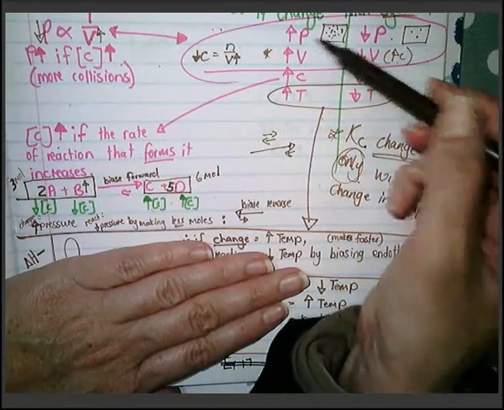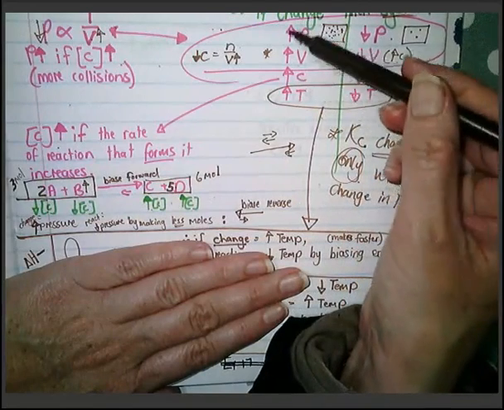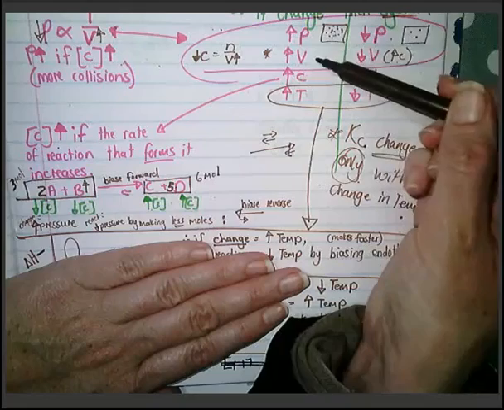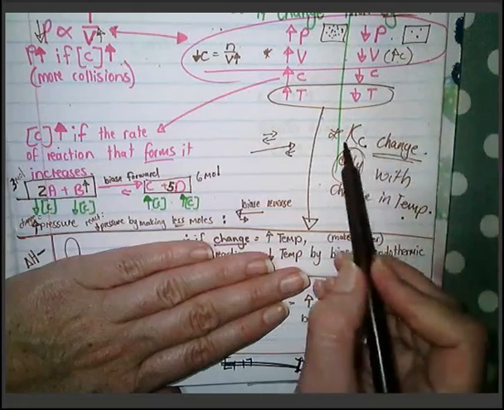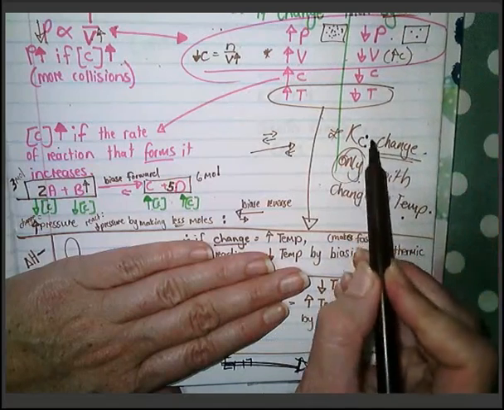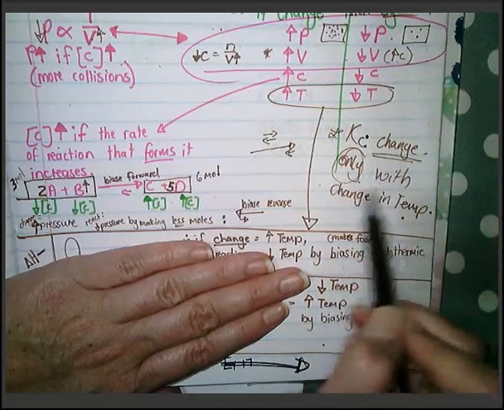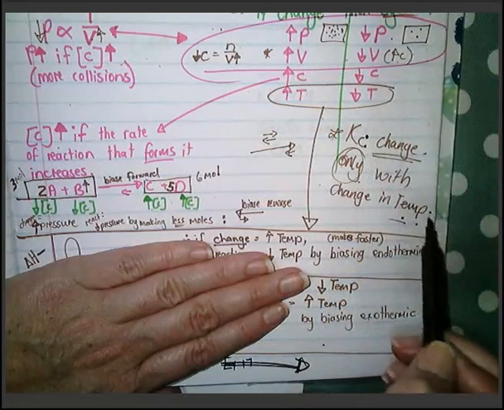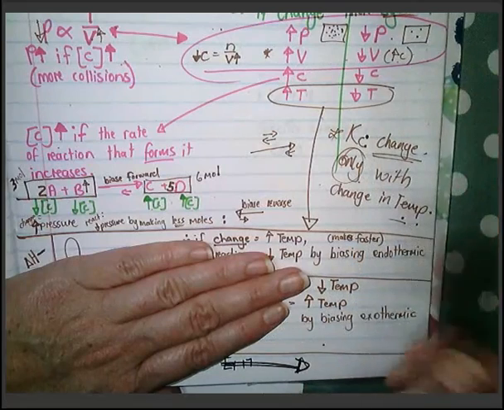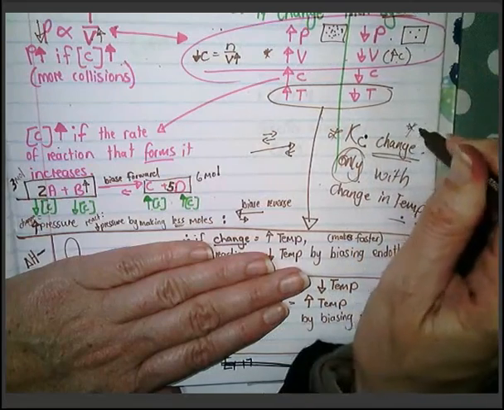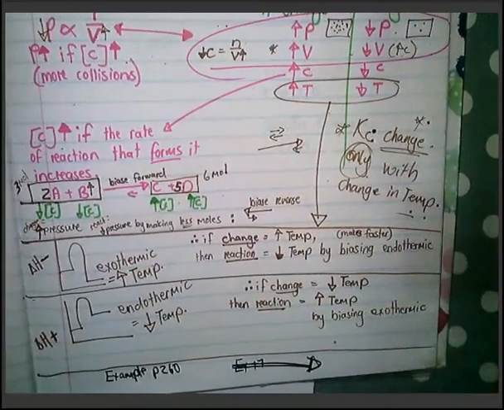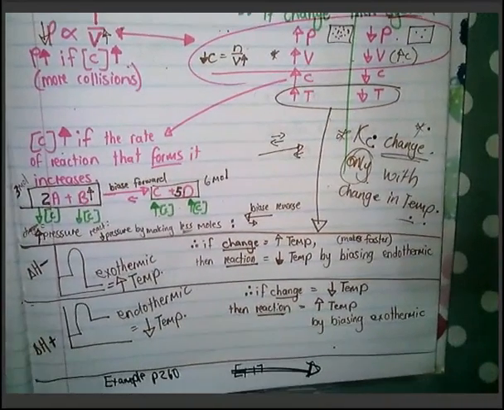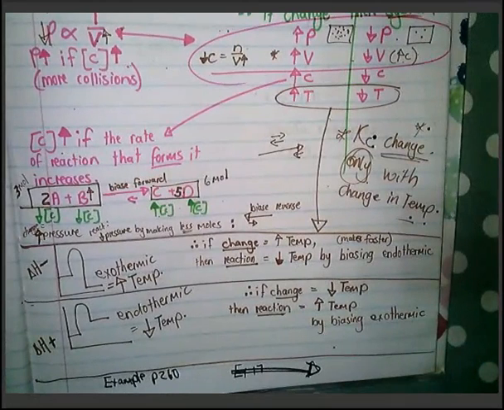But if you had a certain Kc value and pressure, volume, or concentration changed and a new equilibrium is formed, the new equilibrium will still have the same Kc value. So Kc values change only with change in temperature for a certain reaction. Okay, that you just need to remember. Then, how it changes, what it does. You need to now remember that in grade 11,